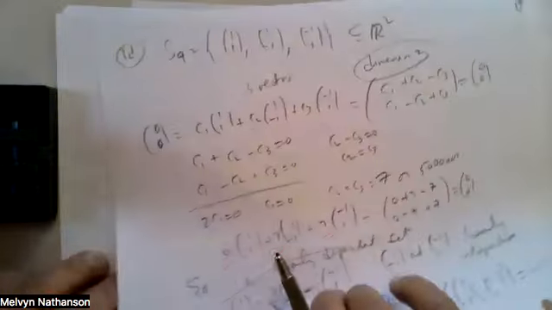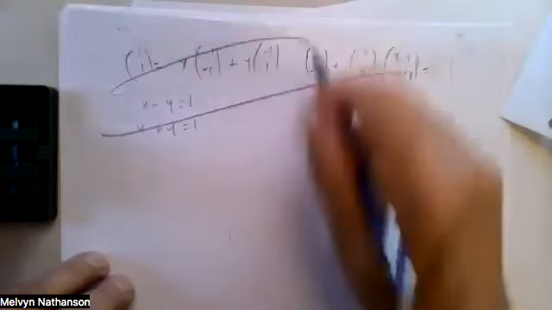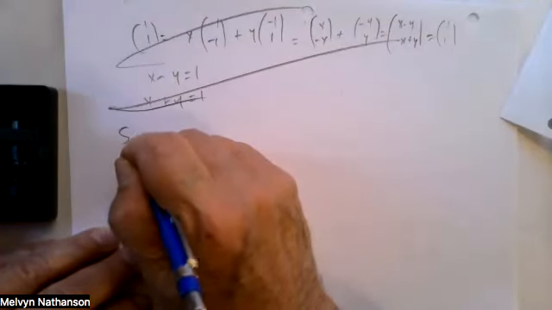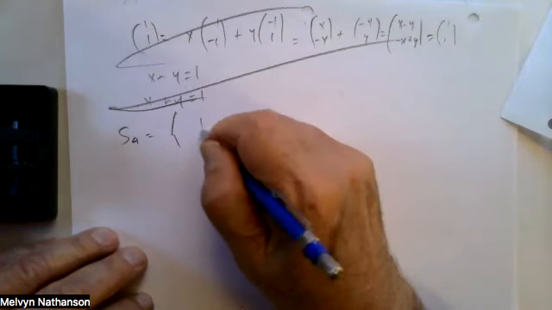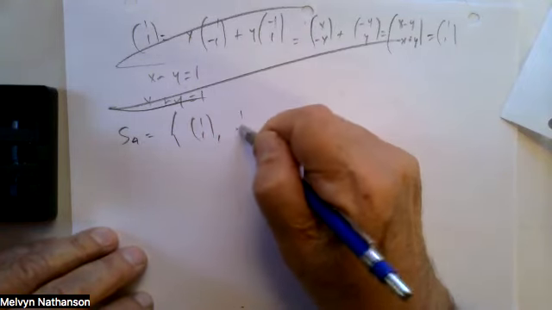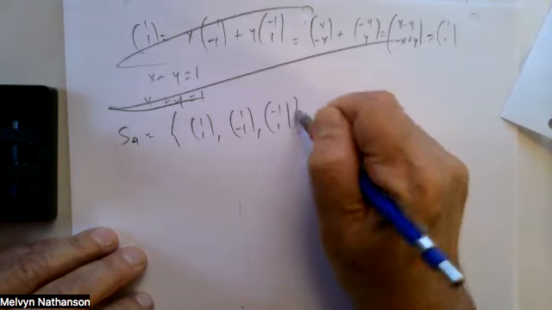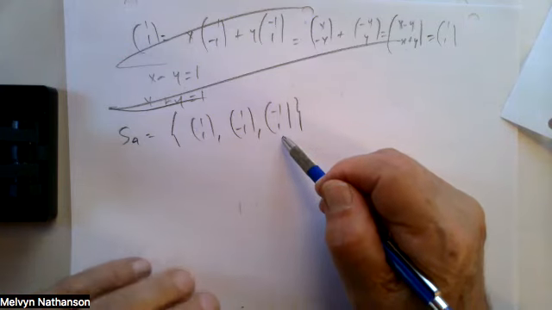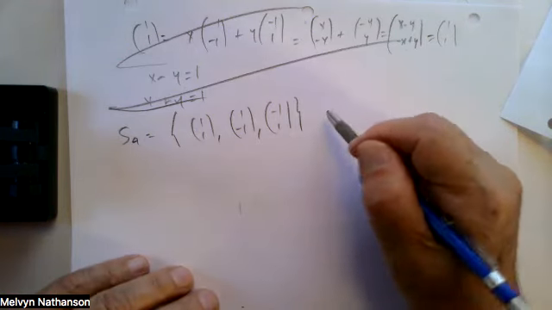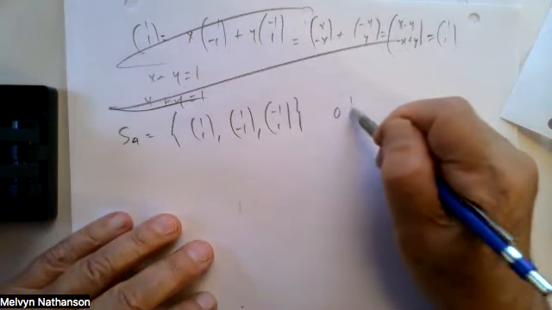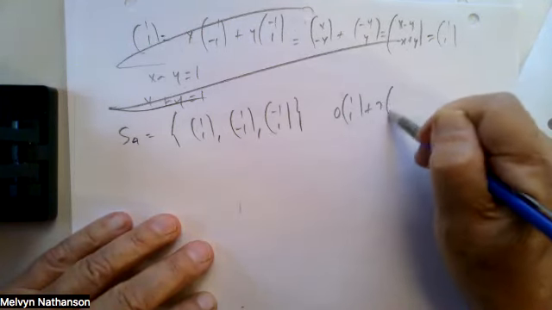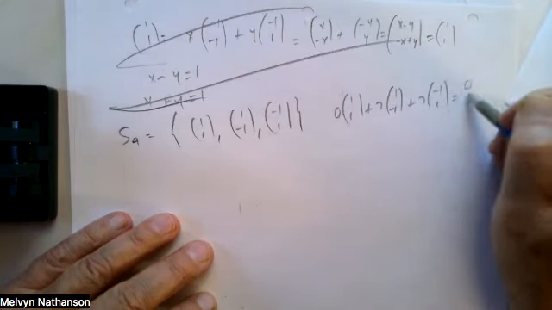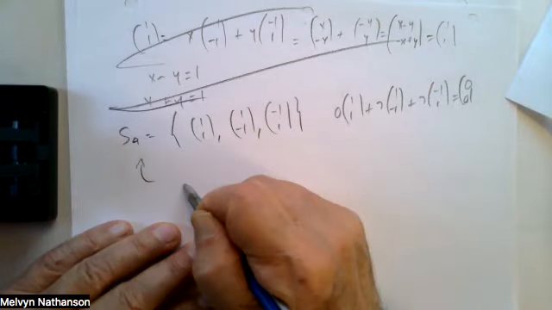So let me start this problem from the beginning. There's, but a mistake is a mistake. So S4 consists of the vectors (1, 1), (1, -1), and (-1, 1). And I want to show these vectors are linearly dependent. So I gave an example. If I took 0 times (1, 1), plus 7 times (1, -1), plus 7 times (-1, 1), I get (0, 0). So therefore, this set is